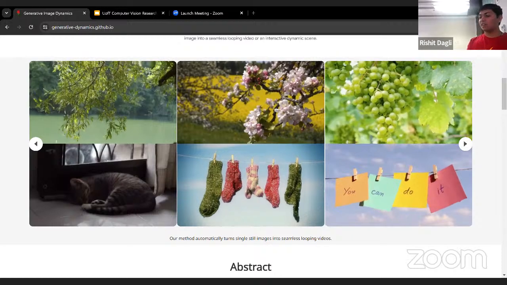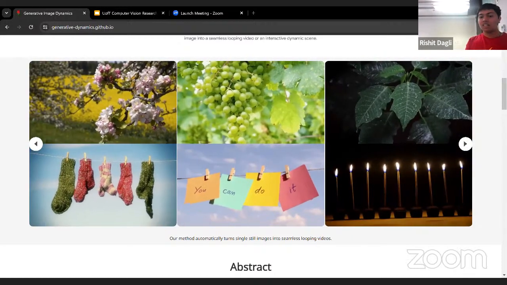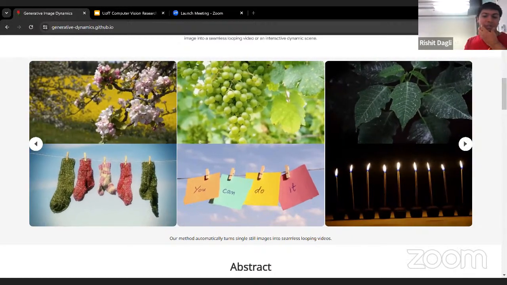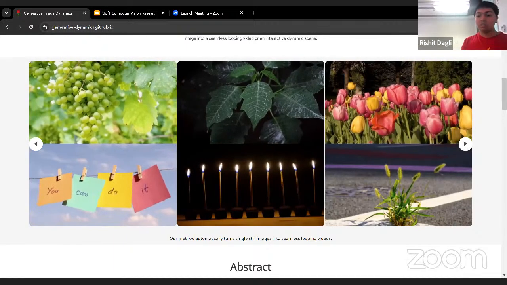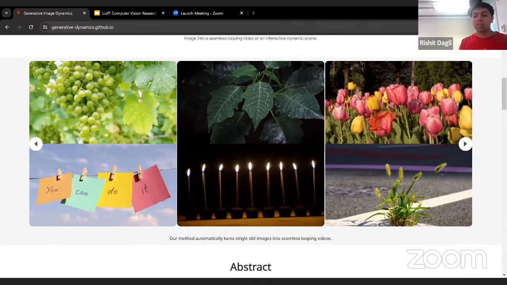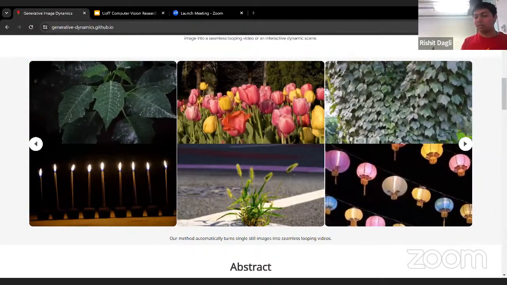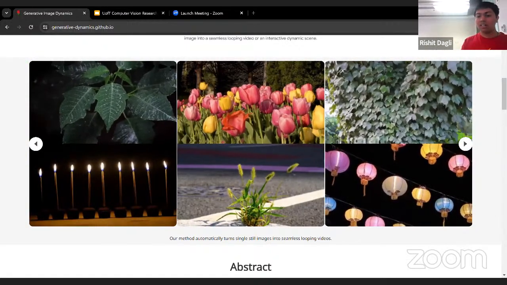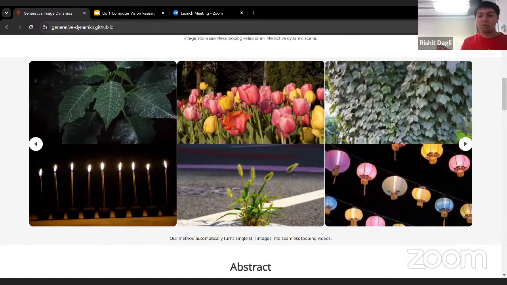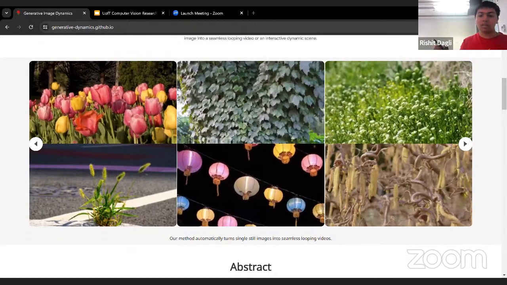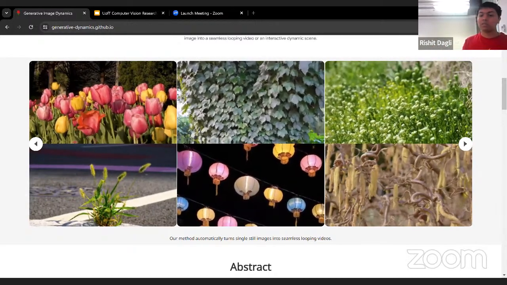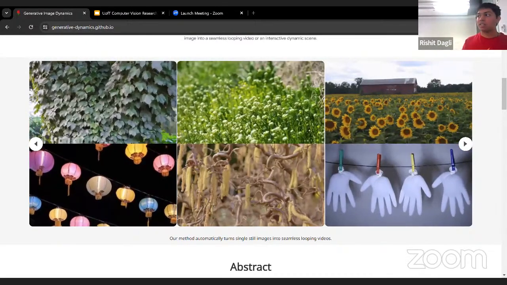I know there are a lot of methods that do something similar to motion priors. At one of the earlier discussions, one of us volunteered to talk about MOFA-Video, which also tried to get the motion prior somehow.